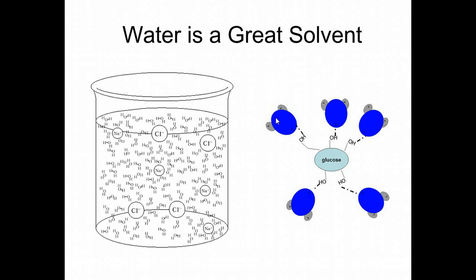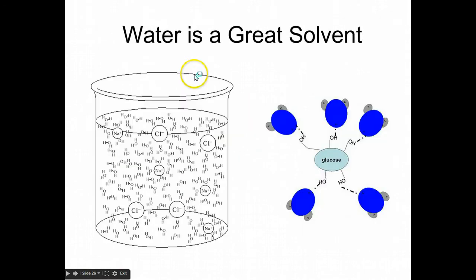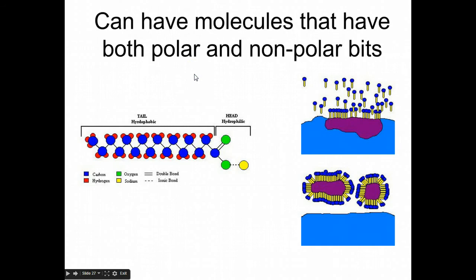Also the negativity of the compound you're trying to solubilize. Now, let me go over this a little bit, because this is why membranes are so incredibly stable. Membranes are composed of polar and nonpolar parts. I'm going to tell you the take-home message, and then I'll probably tell you the take-home message again